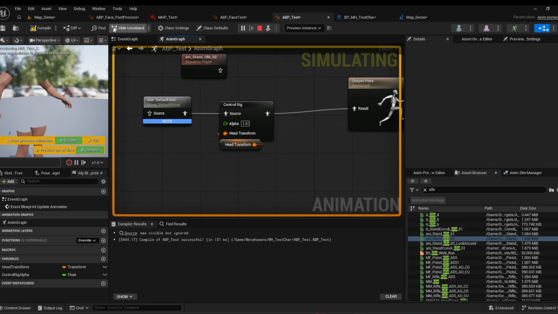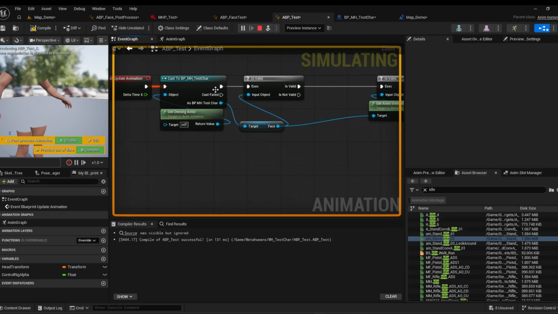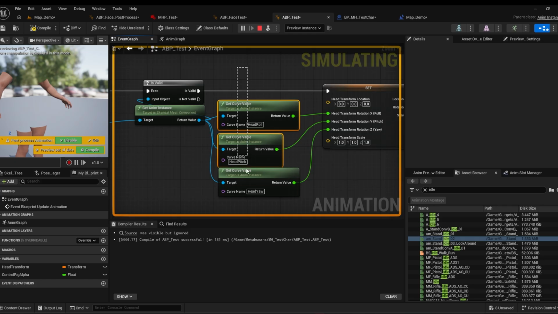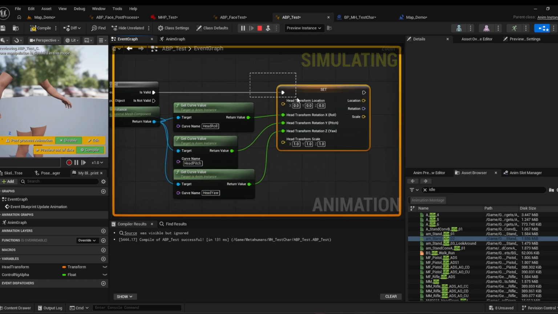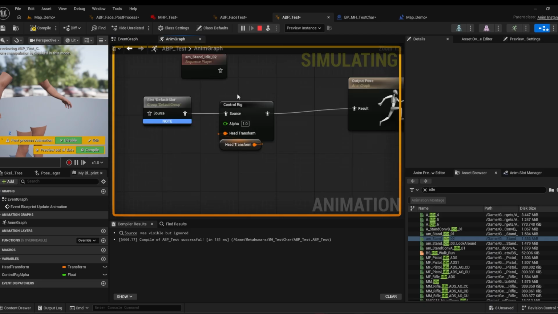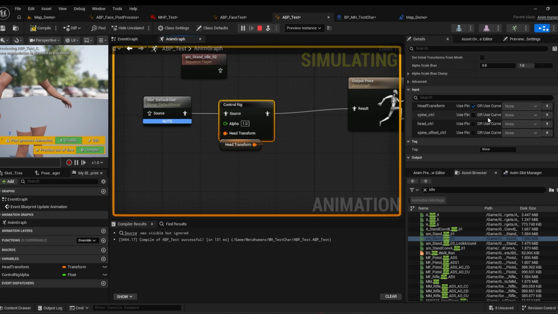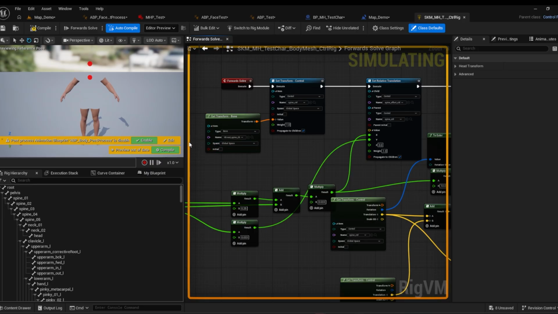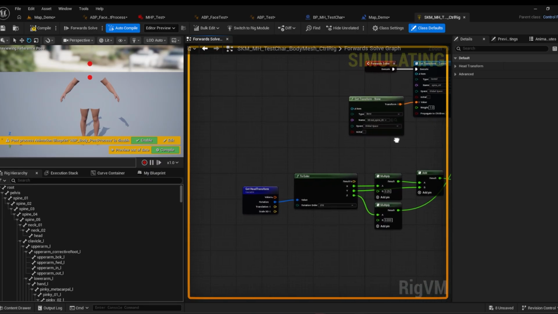So we're feeding in the head transform. I'm getting the face of the character because the face is a different animation blueprint. It's playing its own thing. The body animation doesn't know anything about it. So we're going to get the anim instance from that. I'm going to get those values again. This could just be a rotator. It's a transform because I was trying other things. And so then exposing that pin, plugging that variable in there that has to already be created in the control rig. This is kind of a mess, but I'm not going to go over all of what this is doing,